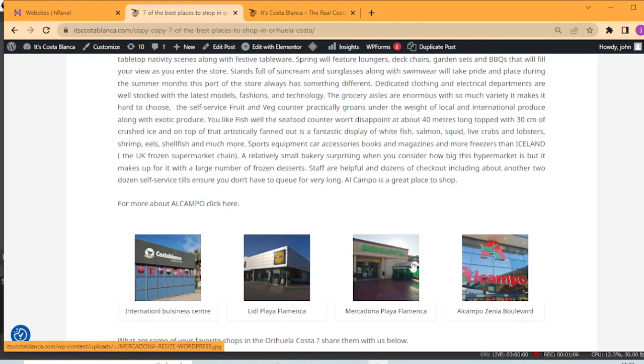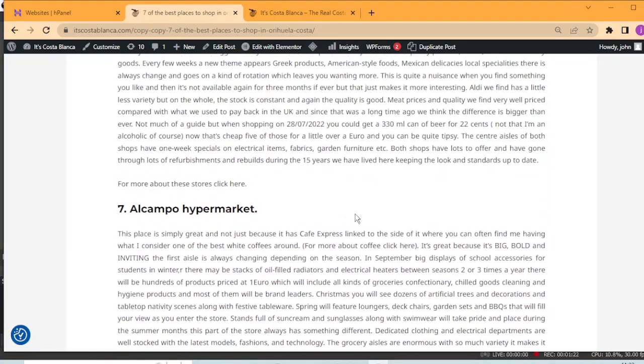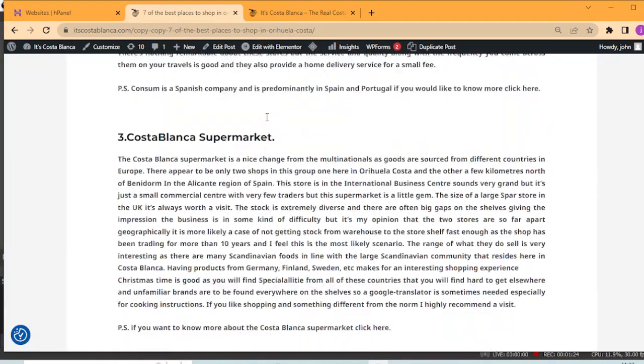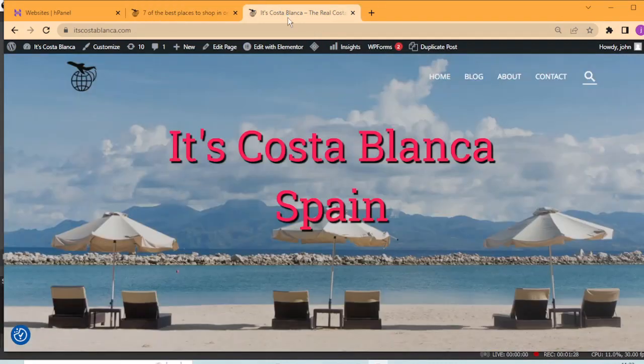And I'll put the right pictures in the right places as and when I can. This is a brand new blog and it's work in progress. So what I have done now is, I've opened up my same website in a new browser. I'm going to click on blog,